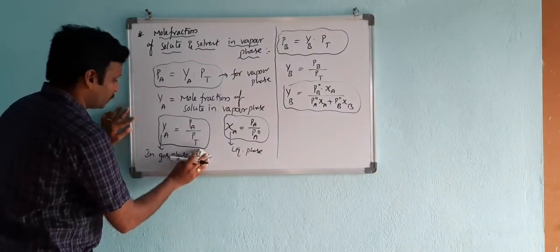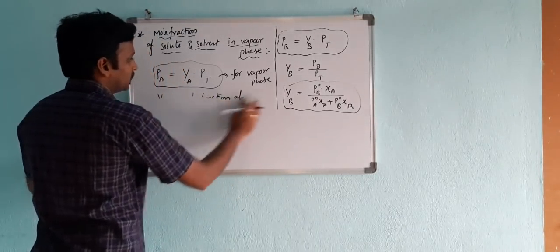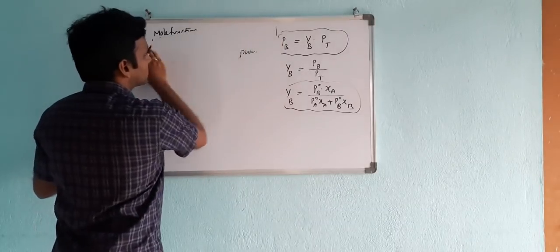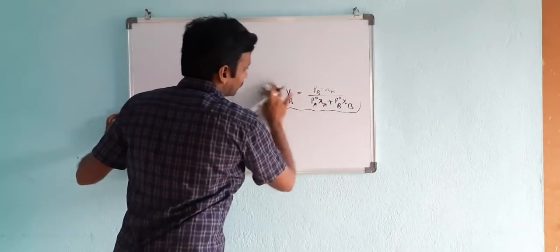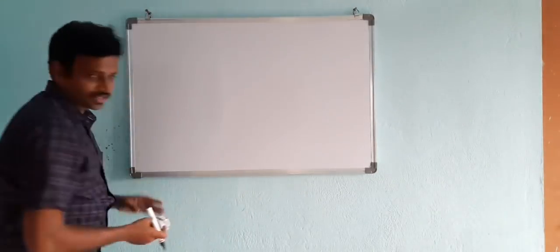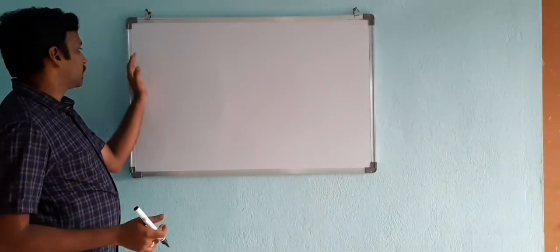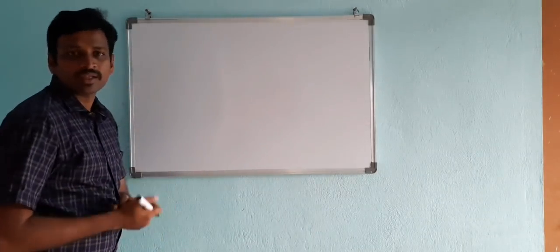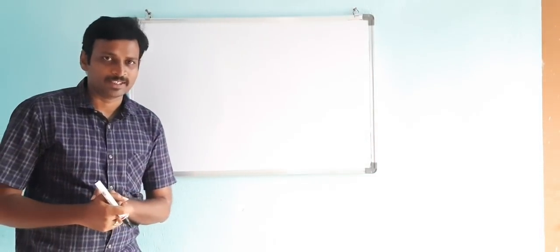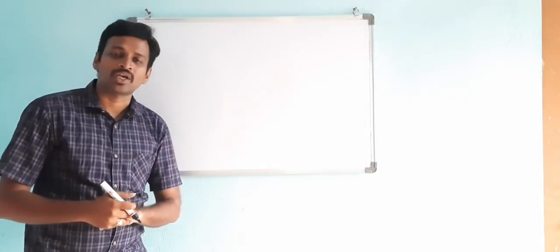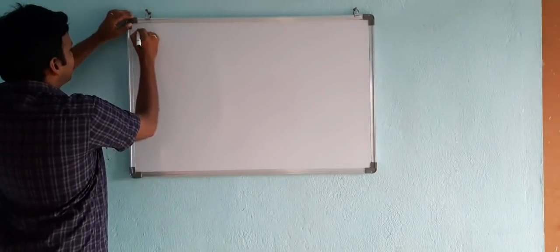Okay, now I will give you one numerical for better understanding. Let's see. Suppose some benzene is there and some toluene is there. Both are actually mixed. They have some particular vapor pressures, and they are intermixed one into another. Suppose they are asking what is the total vapor pressure, and what is the mole fraction of both solute and solvent. Both you can calculate. Let's see the example.